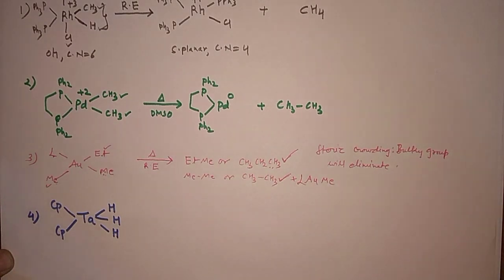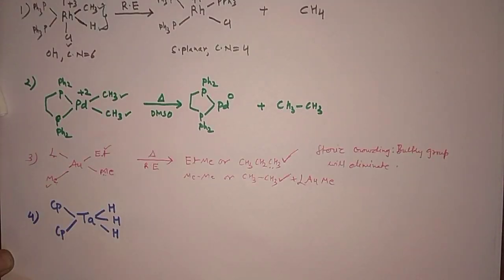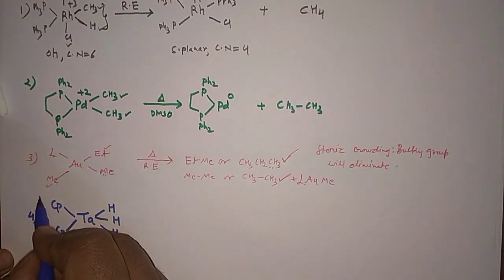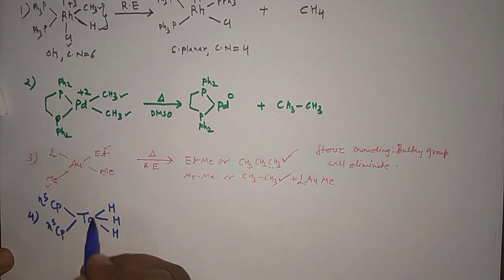cyclopentadienyl anion, see where I told you this here. Okay, here I told you. And they are the eta 5. Eta 5, you know, this is hapticity. What is the meaning of that? That this tantalum metal is attached to all 5 carbons actually, right? So I'm not going to explain all these things. I have explained the hapticity in my first lecture. You can go there and understand the things.